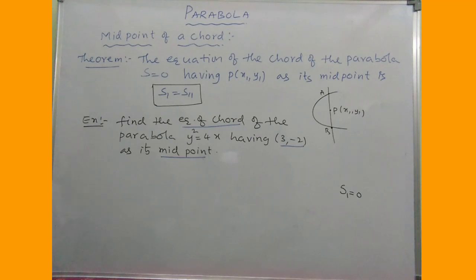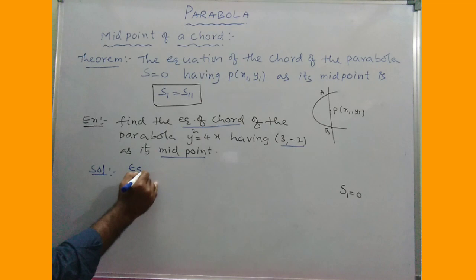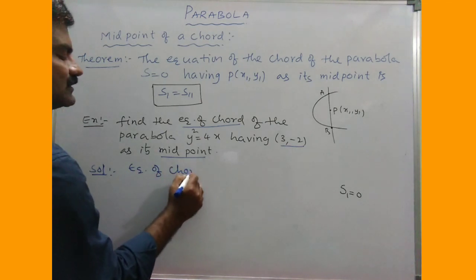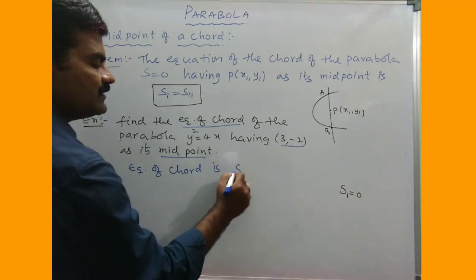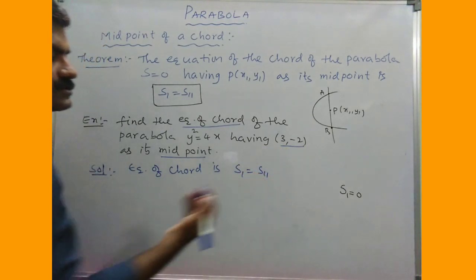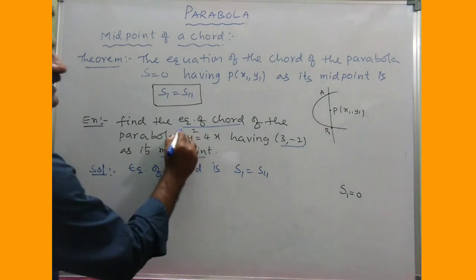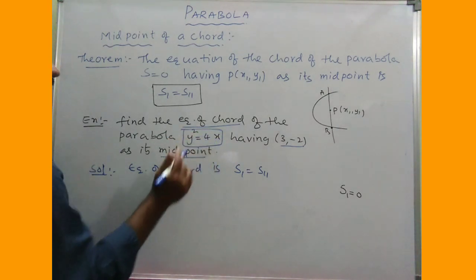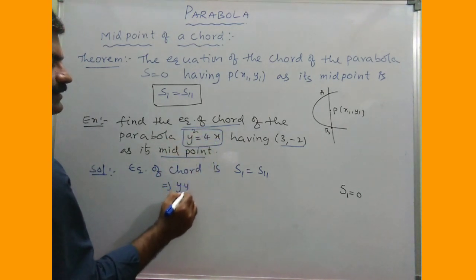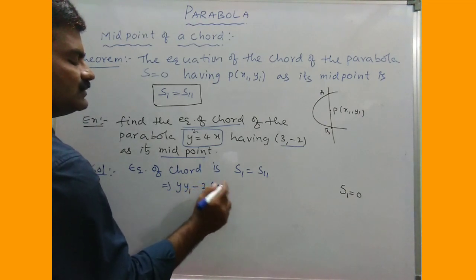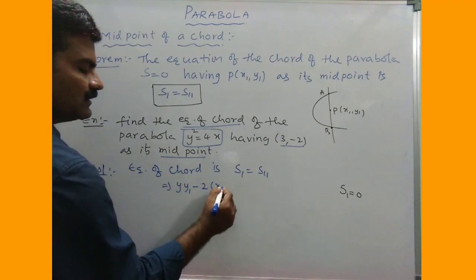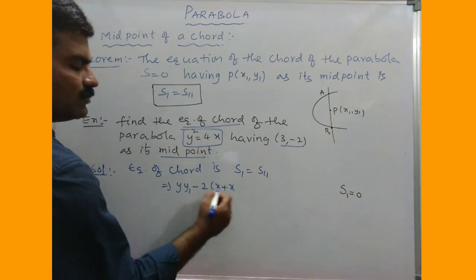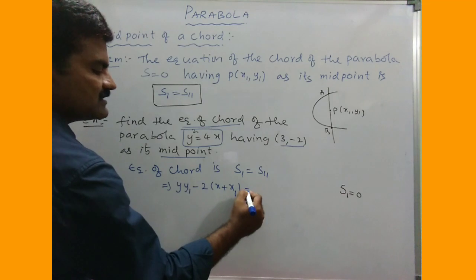Therefore, coming to the solution, the equation of the chord is, because this point is the midpoint, you can write it as S1 equals S11. Can you write the S1 for this parabola? What is S1? y1 minus 2 into 2x, isn't it? Half of the coefficient you need to take, 2 into 2x, as x plus x1, which is equal to